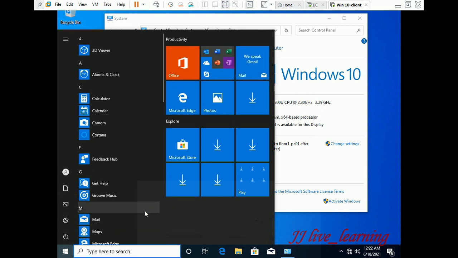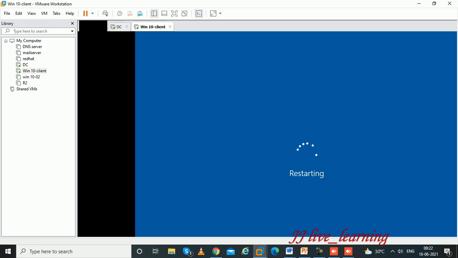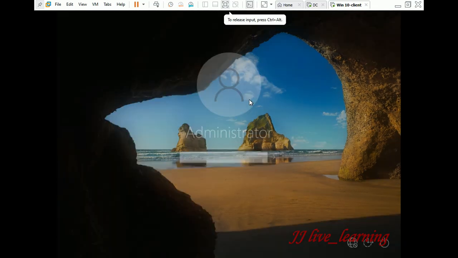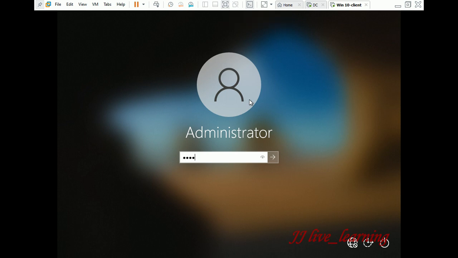Now we are restarting the computer because we are changing the computer name. Now log into your workstation. After completing those three steps, we are going to make that machine a client.